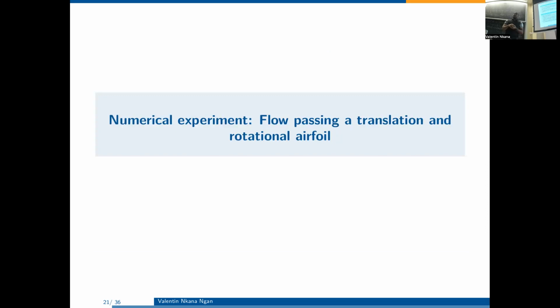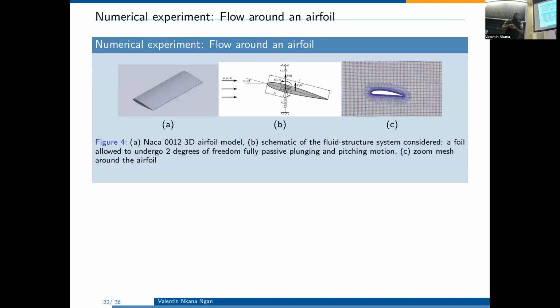So now we are going to the numerical simulation. This is now more practical. So here is the test case that I use. Picture A is the 3D wing, and picture B is the cross section. So we take the cross section of this 3D wing,